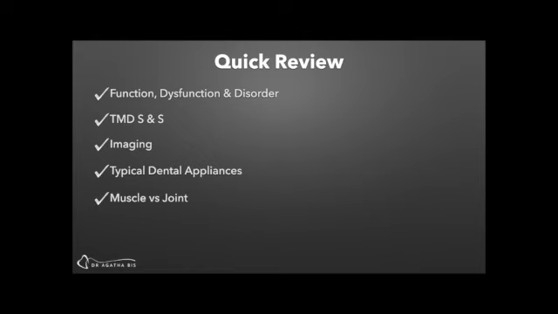Just a quick review of part 1. We talked about function, dysfunction, and disorder, the differences between them. We went over typical TMD signs and symptoms, touched on imaging, and discussed some of the typical dental appliances that are made for these patients that actually don't help them at all. And then we were talking about muscle versus joint and how to tell whether the patient's pain is coming from muscle or joint so that we know what type of appliance to make. And we also talked about bruxism, and especially early bruxism, and what type of appliance is best for this type